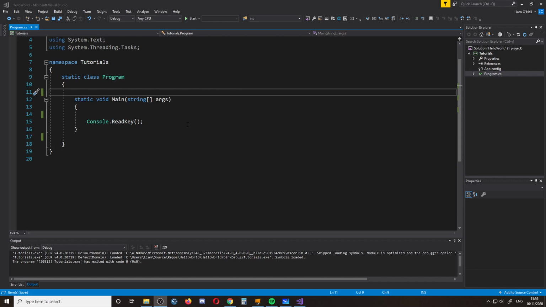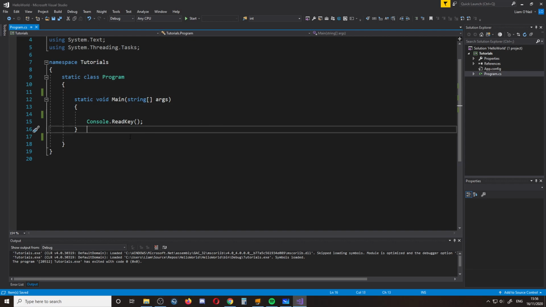So this is another C# beginner tutorial, and today we're going to be looking at namespaces, and we're going to be seeing how we compare them together with static classes and static functions in order to recreate something a bit similar to what you see here with this Console.ReadKey and other things that we tend to use when we're